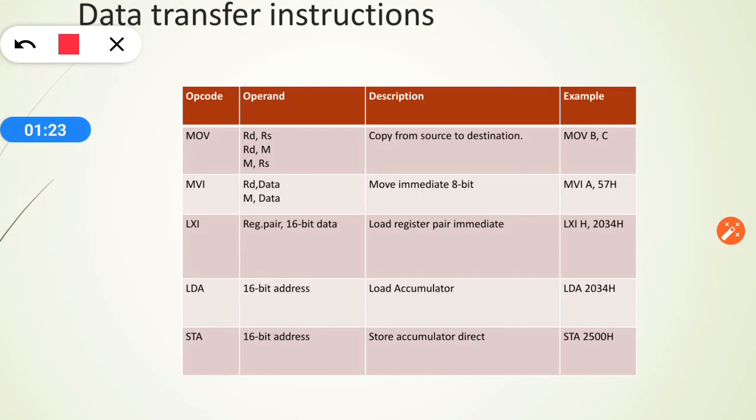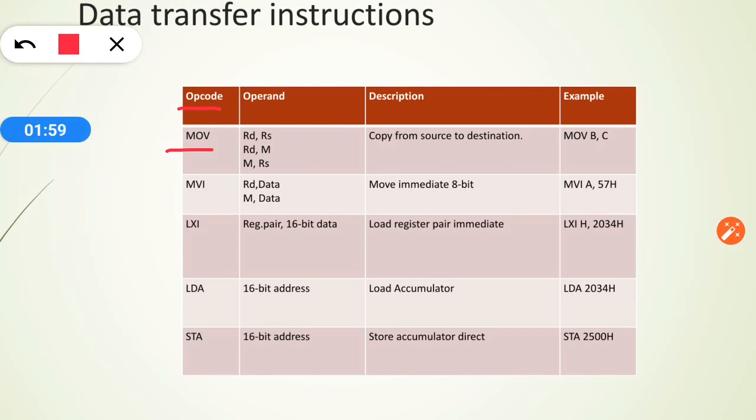Here our first instruction on the screen is MOV. Generally instructions are coded as opcode. Opcode means operation code, that means a code designed for an operation. So MOV is an opcode or instruction used for moving data between registers. That means we can move from B to C, D to E likewise, or we can move data from the memory device to the registers or vice versa.